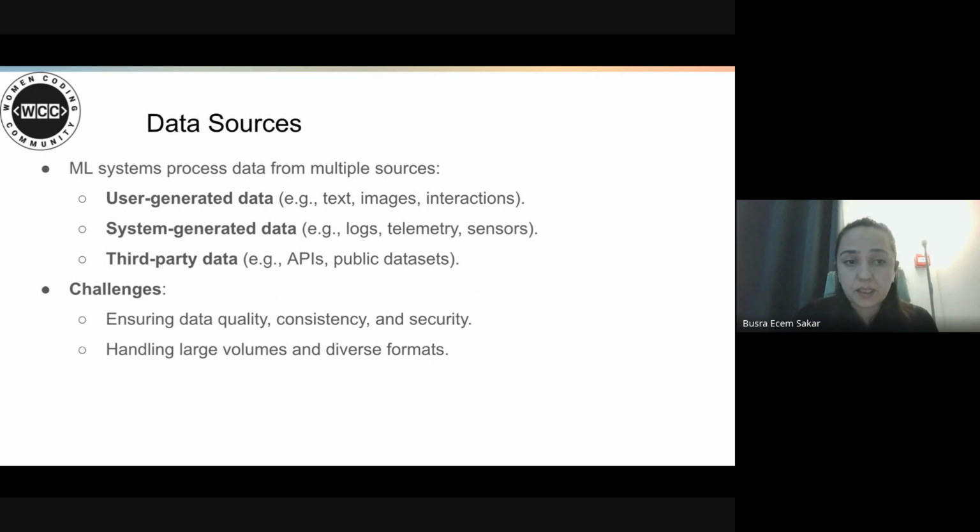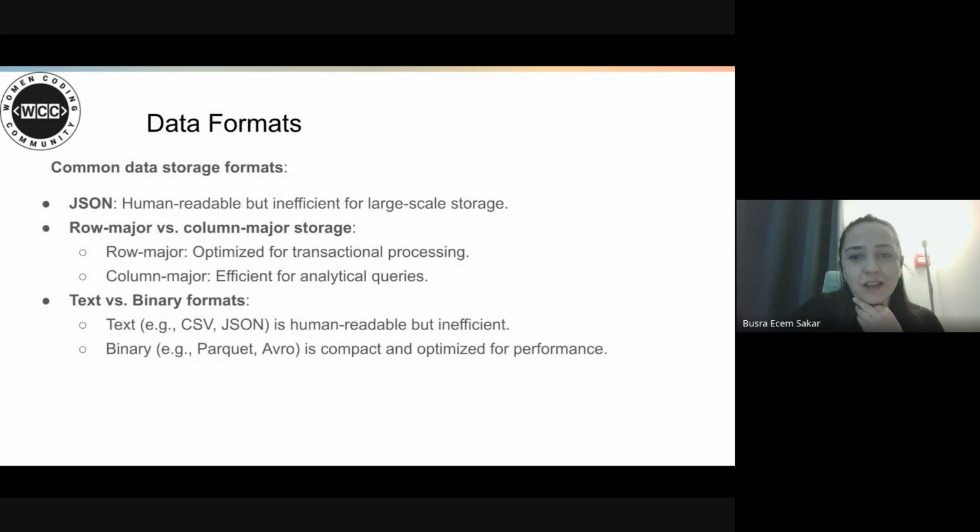Data sources are important, and the challenges might be ensuring data quality, consistency, and security. Noisy or biased data leads to poor predictions, as the book says. Handling large volumes of diverse formats is important. And as I said before, addressing privacy and security concerns is important, and it's a big challenge also.